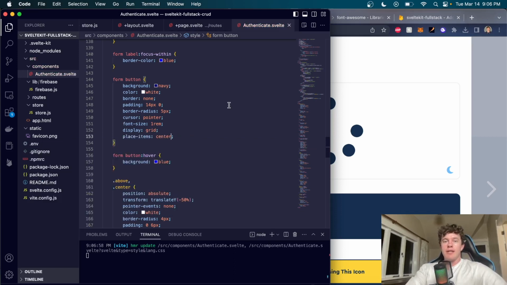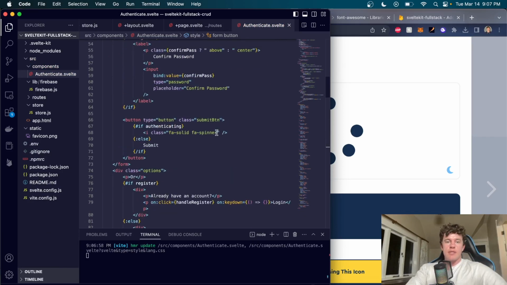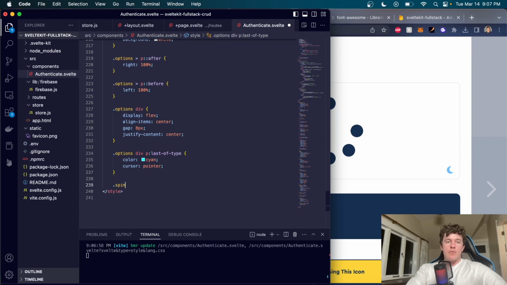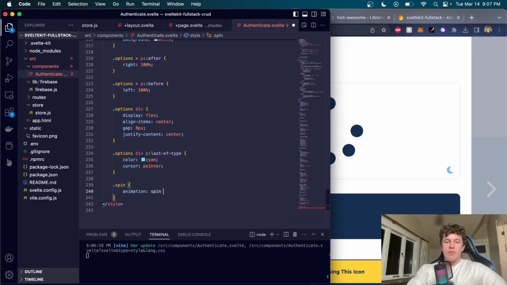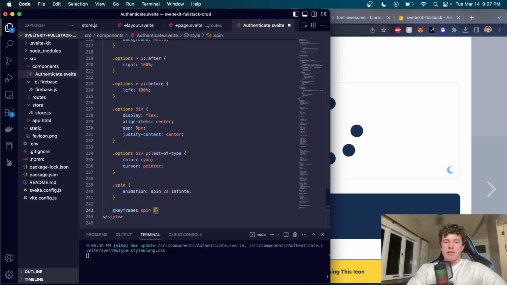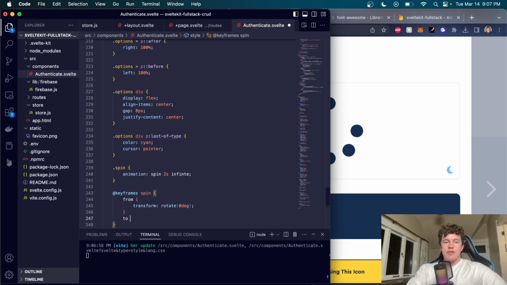That will place our spinner in the center, and then we just want to target the spinner itself. So here we'll give this a class of spin. We can target that, come down here once more. We'll say spin, and we'll give it an animation. We'll call that spin. We'll give it maybe 2 seconds, infinite, so that it always happens. And then we can say at keyframes spin, and we can just say from transform rotate 0 degrees